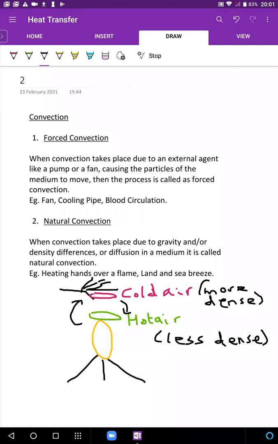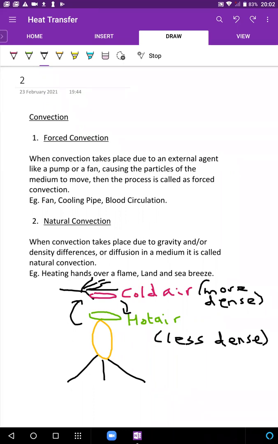Hot air is going up, transferring heat to your hand, becoming cold in the process as it gives out its energy to your hand. Then when it becomes cold, it's going to come back down. See? It's going to come back down. It's going to displace the new hot air which is heated by the flame. And as it displaces the new hot air, that air again goes up, releases heat to the hand, becomes cold, again comes back down. So this is kind of a juggling type of process, a cyclic process that is set up.